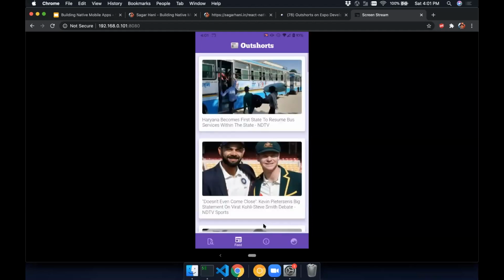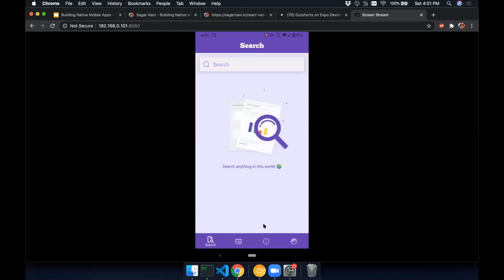Okay. So yeah, initially in my previous slides, I had mentioned that you can write code and use it on multiple platforms. So I just took this as one of the examples. I have a search screen here. It just has a header, a search input box, and an image. So what I did is I took the entire React Native code which is used for this particular screen.